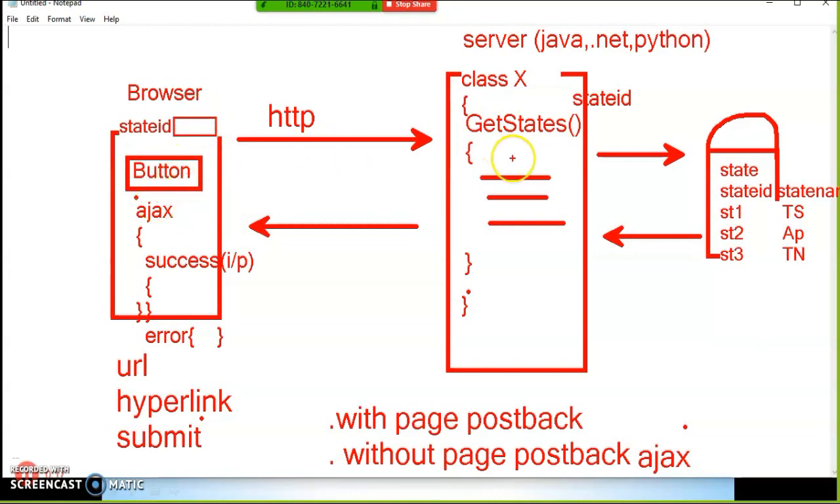the request will go to the server. Ajax will submit the request to the server, and Ajax will send this ID to the server. In the server, this method is there now. This method will get executed. Inside this method, you are writing some database logic. Now this database connectivity will communicate with the database, get the result, and convert that result into JSON format